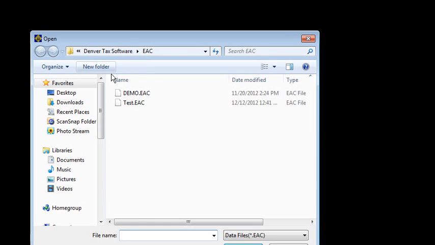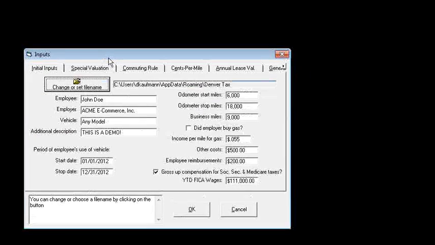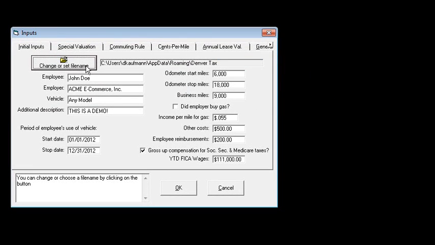Click on Run Program, and at this point you would typically, with a new situation, go with a new scenario. We've already got data. We'll go with old scenario, and we'll pick the test file. Click on Open, and if you want to change the file name, and you would for each different employee and vehicle, you click this button. You can specify the employee, the employer, specify the vehicle. The program defaults to the entire year, but if the vehicle was used less than the full year, you can